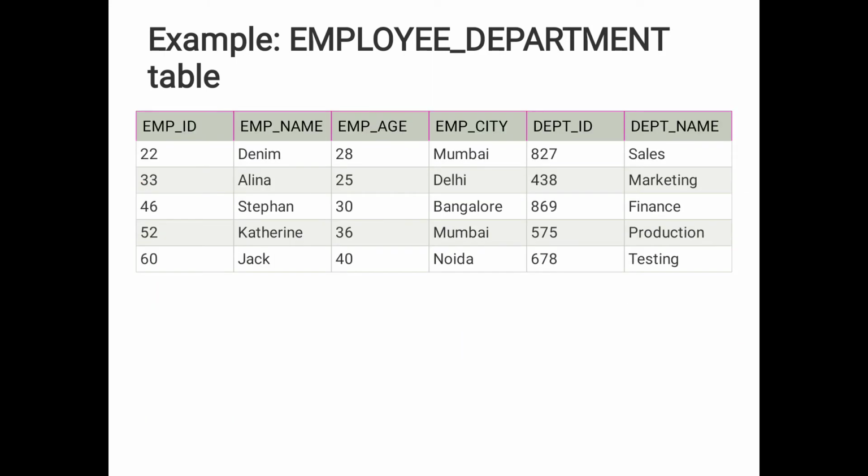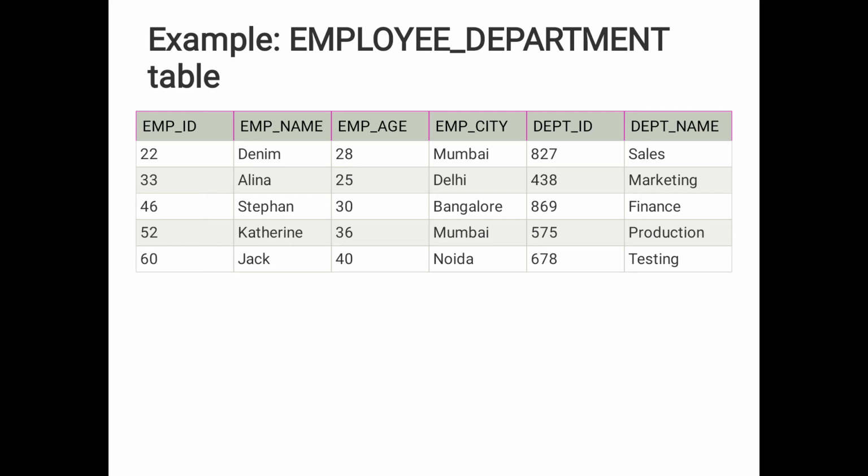Now we will see one small example. Here I will consider 6 fields of information: employee id, employee name, employee age, employee city, department id, and department name. This is 6 fields of information, so I will suffer some problems. That's why my aim is to decompose this table. How will I decompose it? In this particular table two different types of information are there: one is the employee information, and the department information is also available here.